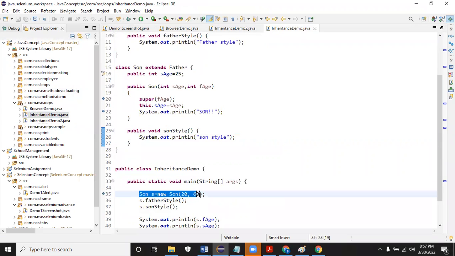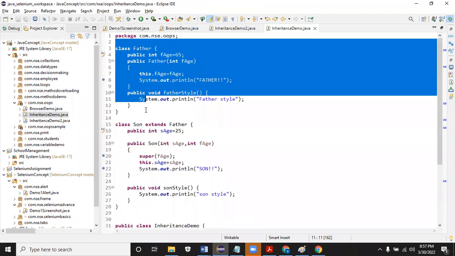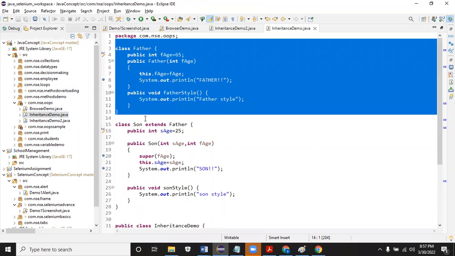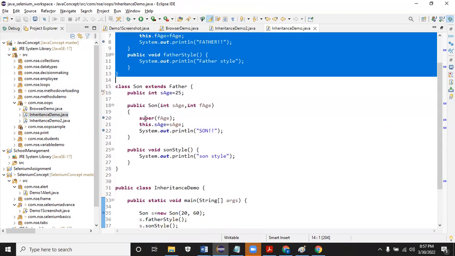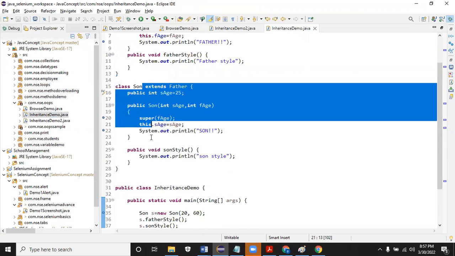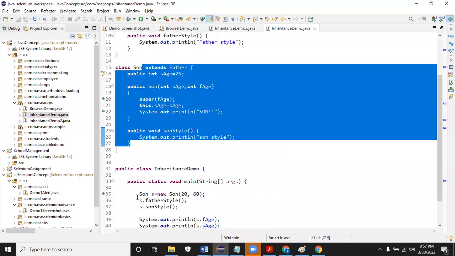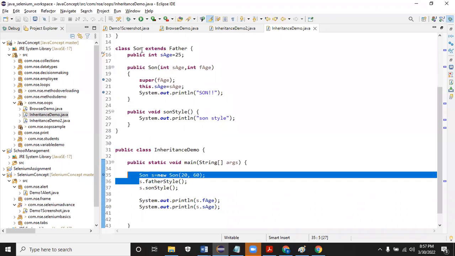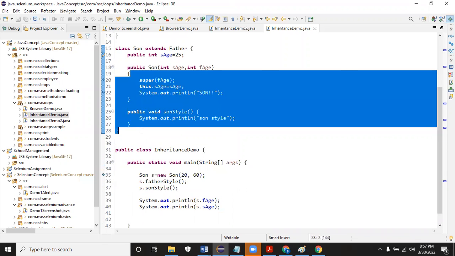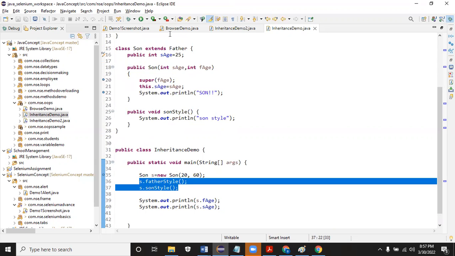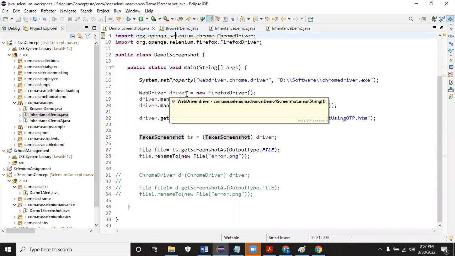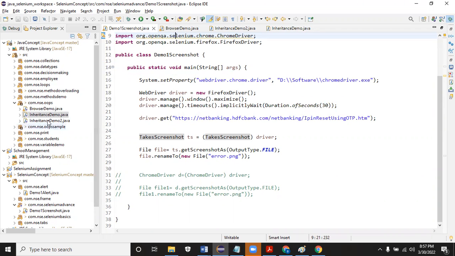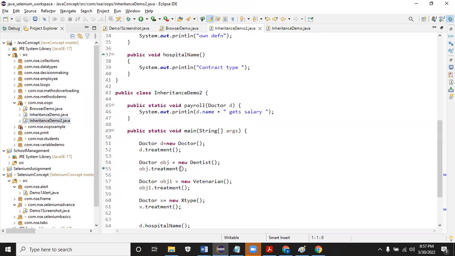If you see here, when you create an object for the child, first memory is getting allocated for the parent. If the parent is having some 100 methods, all will be allocated. Suppose in those 100 methods, 50 methods are overridden. Now, when I create an object for the child, first the parent methods will be allocated, 100 methods. Next the child methods will be allocated. Now, the same methods will be overridden. The overridden method will be called when you create an object for the child. And additionally, whatever methods are specific to the parent, those also you can access.